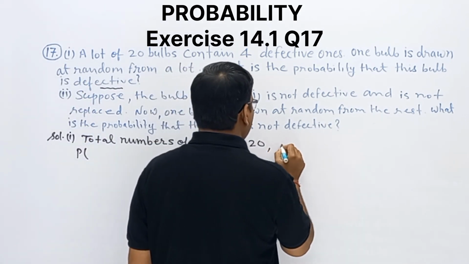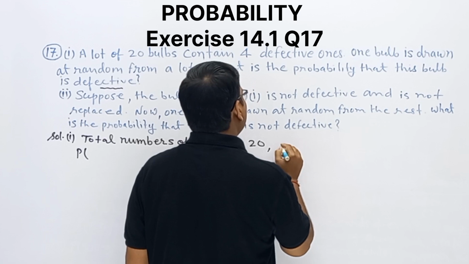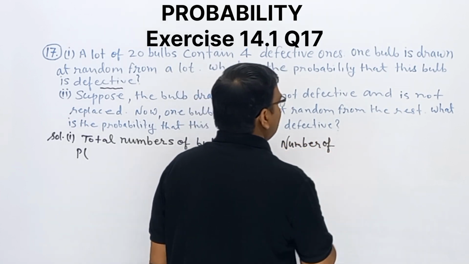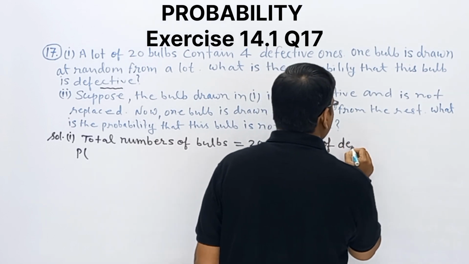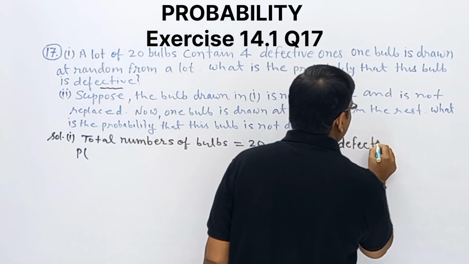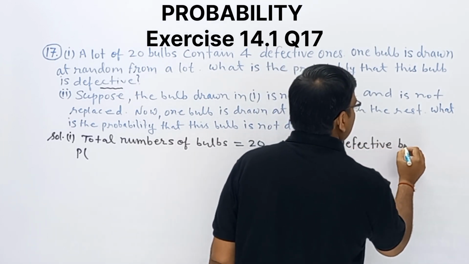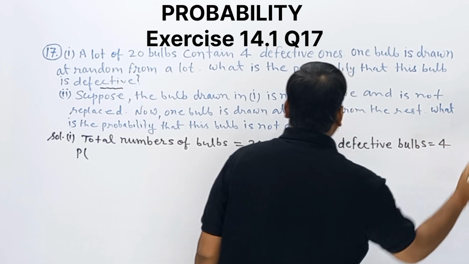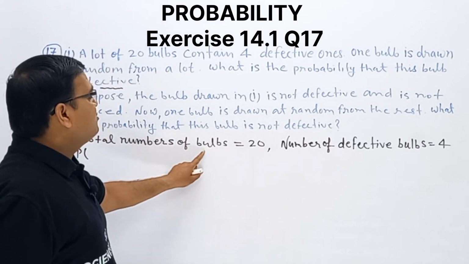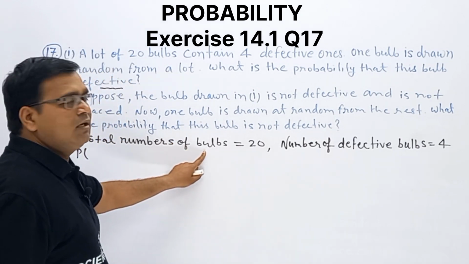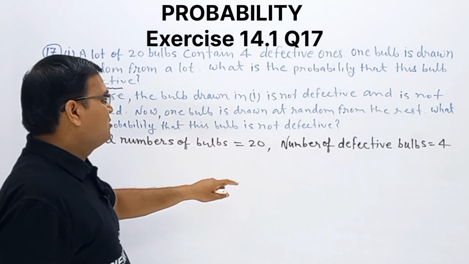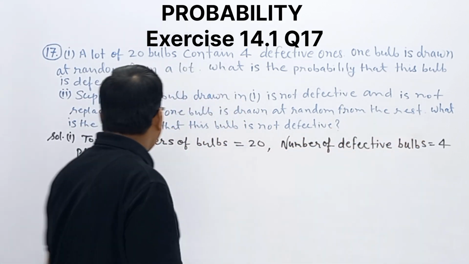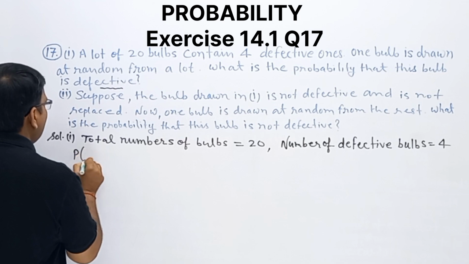Number of defective bulbs equals 4. Total number of bulbs we have is 20, including defective ones. So the probability of